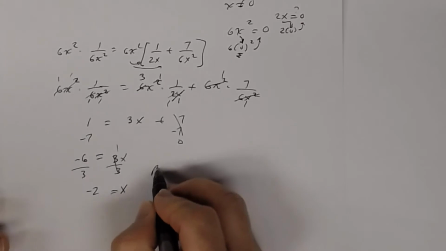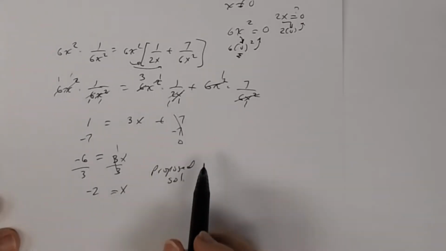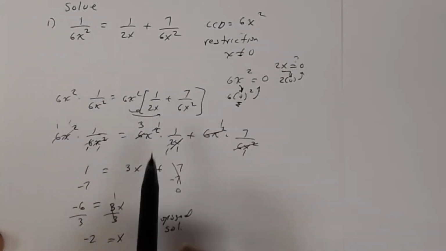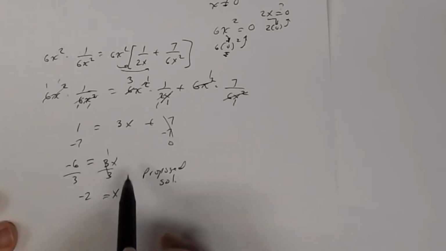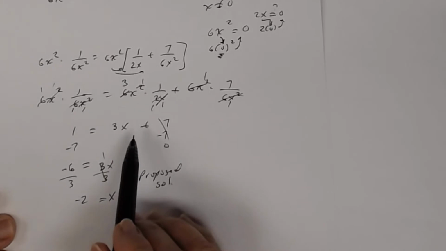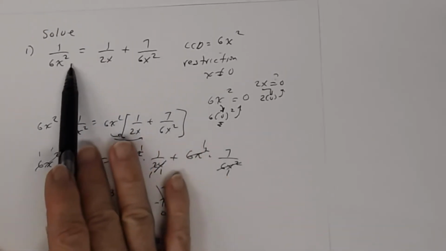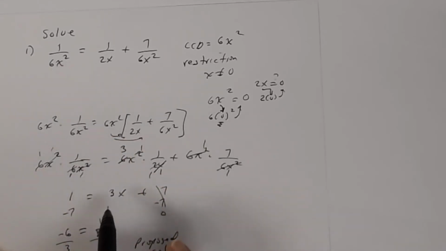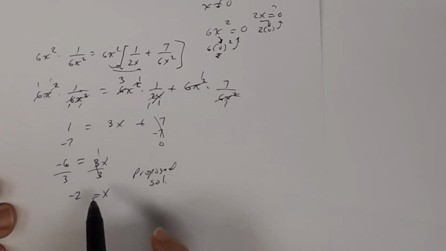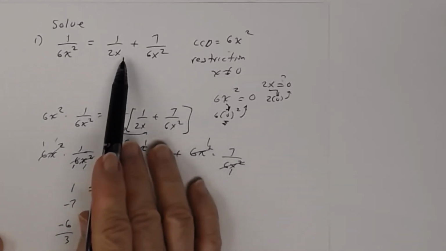Now I'm using the word proposed. So that's my proposed solution because this may not be a solution to the original problem. So I want you to notice that this proposed solution is a solution to this linear equation. But this linear equation is not the same as this rational equation. They're different. This has variables in the denominator. But this proposed solution, there is a possibility it could be a solution to the original as long as it's